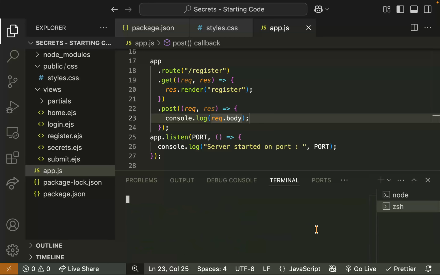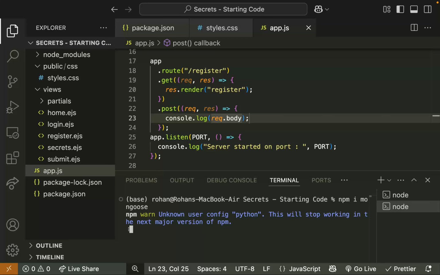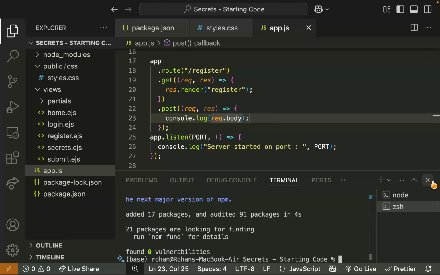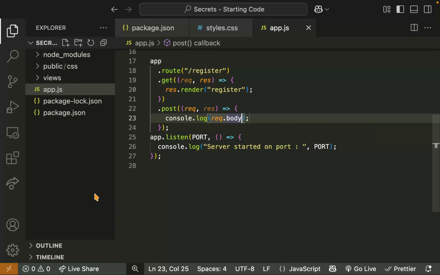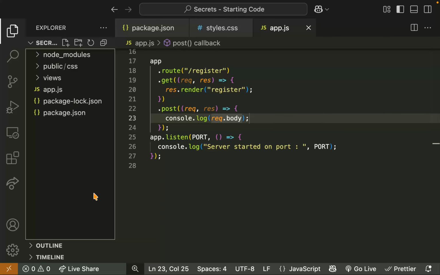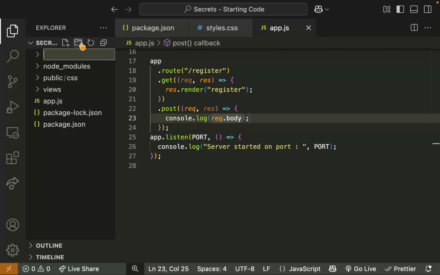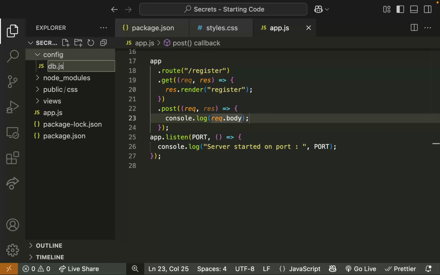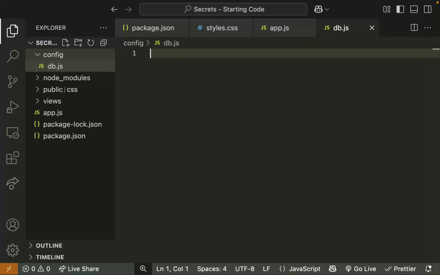So I'm gonna open another terminal and I'm gonna install the package called Mongoose, which will help us interact with the MongoDB database. So after installing Mongoose, yeah, we're done installing it. See, I want to keep a few things separate. Okay, I don't want to put everything within my app.js only. That is why I'm creating another folder here called config, where I will be creating a file db.js, which will basically keep a function inside of it which will help us connect to